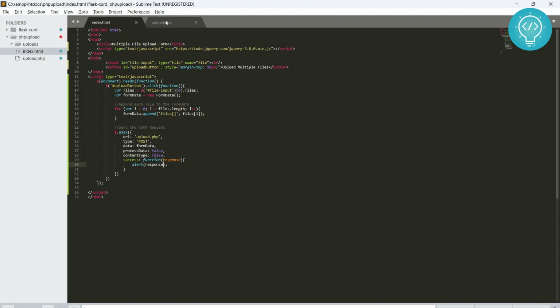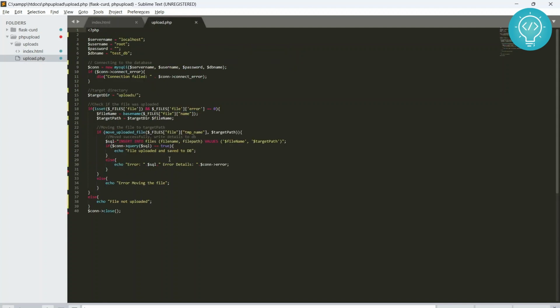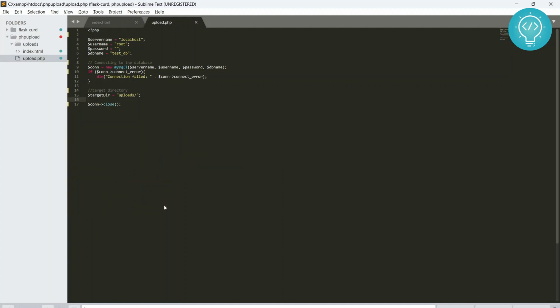Now we have to make some changes in our upload.php, because this was only uploading one file previously, right? So this time, as you already know how you can do this, how you can upload to the database, maybe I'll show you that also. Okay, so what you need to do is first remove all these things, right? And just check if